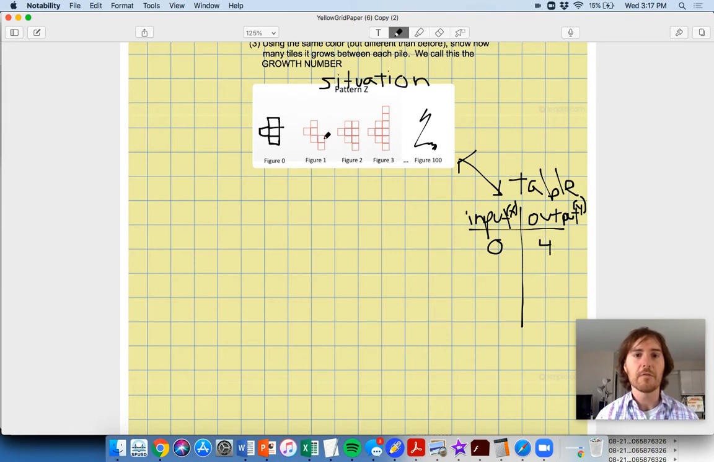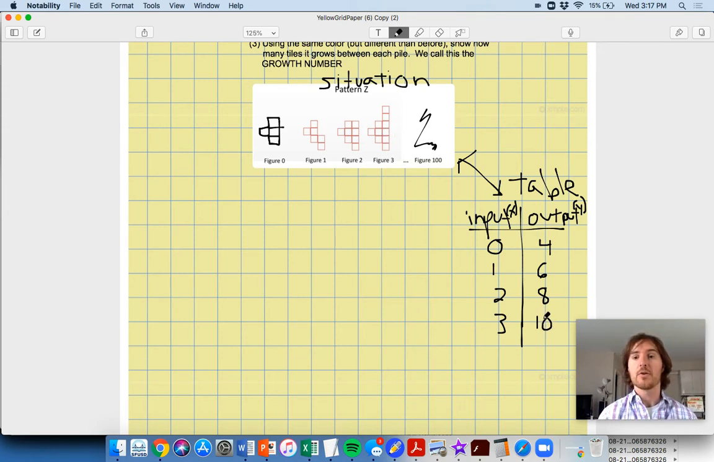Figure 1, we have the 4, and then we have 5, 6. We have 2 more, right? 1, 6. 2, we have, what do we have here? 2, 5, 7, 8. And 3, we should have 10, right? If this pattern is actually being consistent. And I think it is here. 1, 2, 3, 4, 5, 6, 7, 8, 9, 10. And we have 10